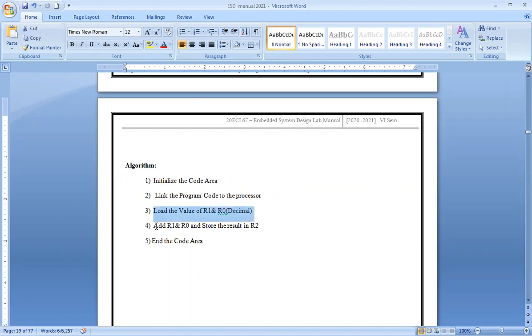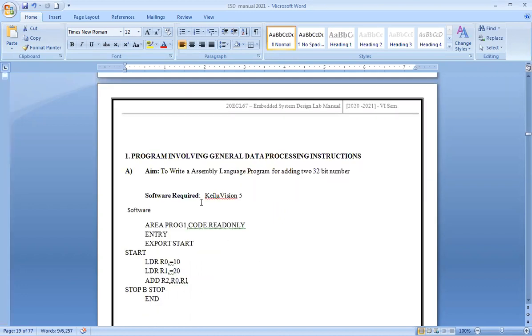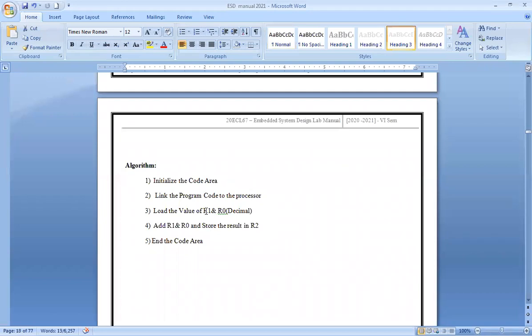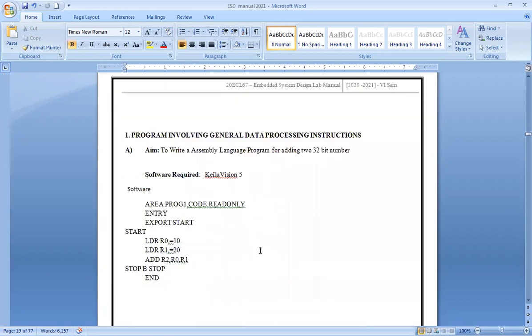This is written for addition: write an assembly language program to add two 32-bit numbers. R0 and R1 are the registers, we use the instruction ADD, and the result is stored in R2, and that is the end of your code area. Let us look into the program.